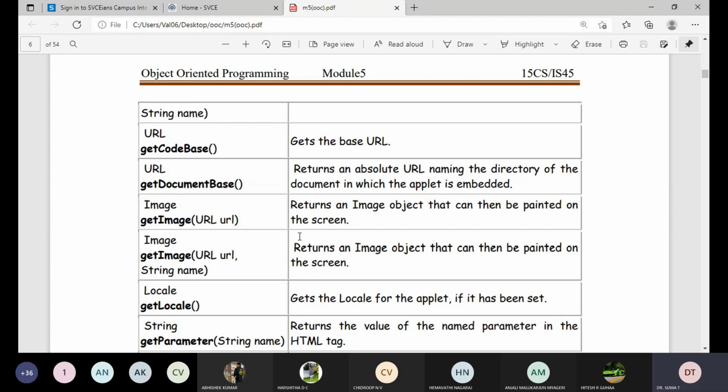So getCodeBase gets the base URL. Then getDocumentBase returns an absolute URL naming the directory of the document in which the applet is embedded.